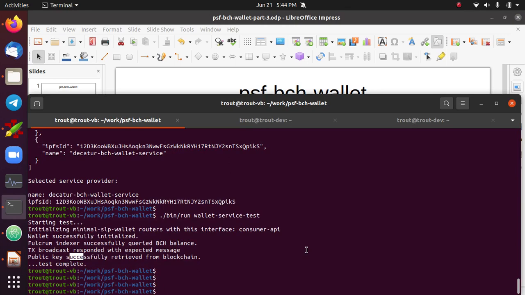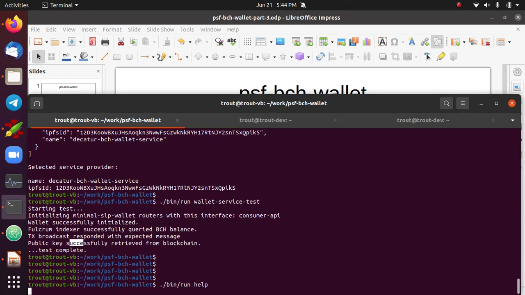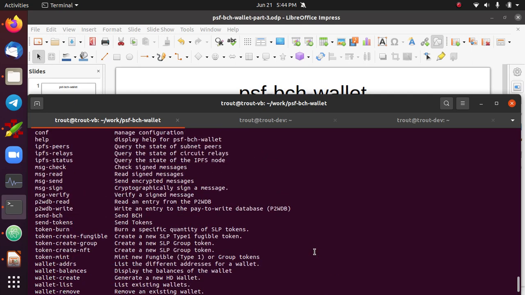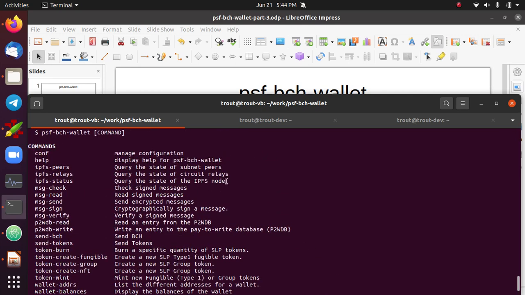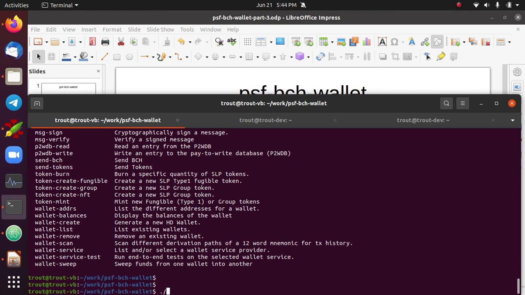And to get even deeper into some of these commands, there are these IPFS commands I want to show, because we're actually running an IPFS node in our local backend. These IPFS commands let you interrogate our private network here and see what other peers are on the network, what other circuit relays are on the network. Circuit relays are a really important concept that cachestack.info talks about. And so if we go bin run IPFS peers, oops,